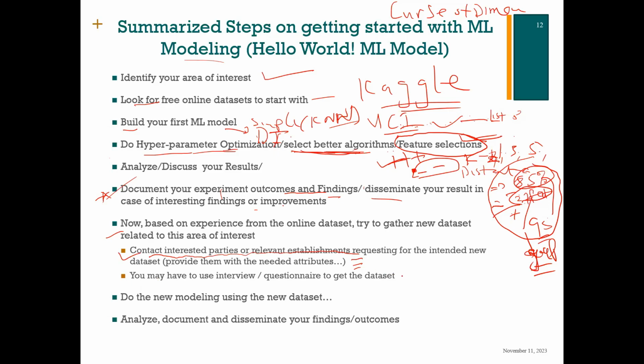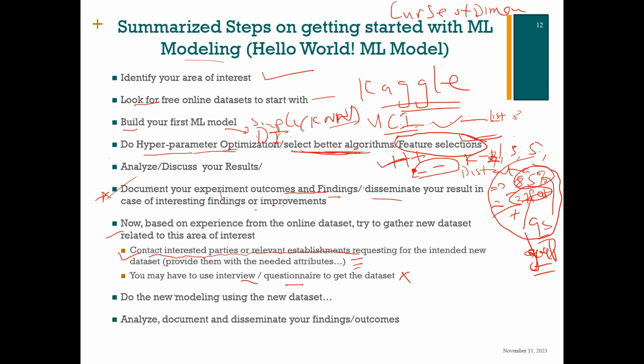Though sometimes you may have to use an interview or questionnaire. This is a very, very important suggestion for us. We should not give up. I've seen someone who for months has been following up with an establishment to release a data set; they promised to release it, but they didn't. One bureaucracy and the other promises. People face challenges. Imagine over 9 months, someone trying to get a data set. It could be frustrating. So why not go on interview or questionnaire? With online systems now, you can just make a very small Google form, spread it on your social media, and employ people to please help you answer these questions.